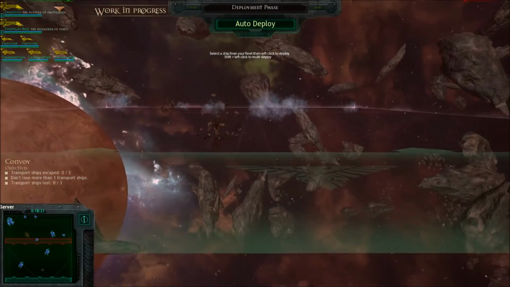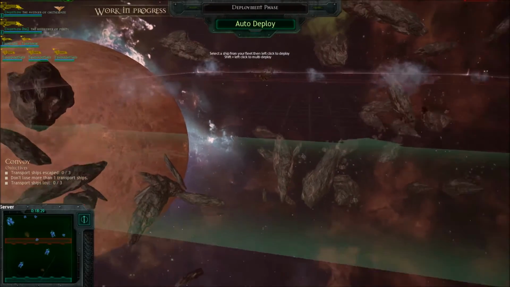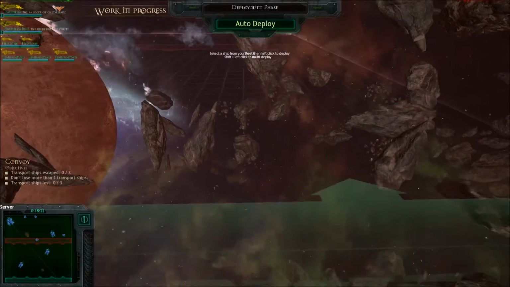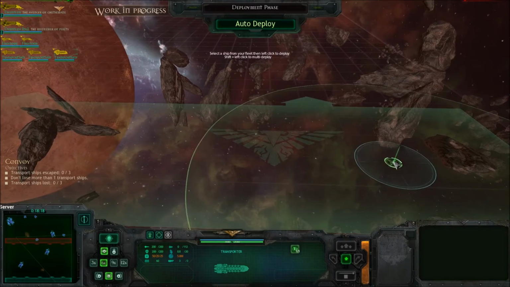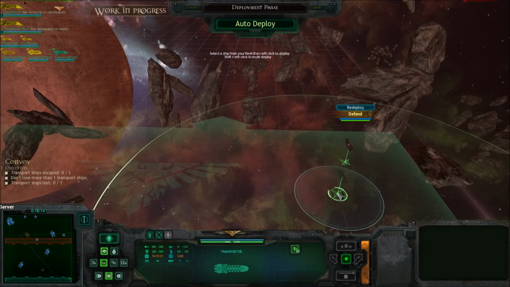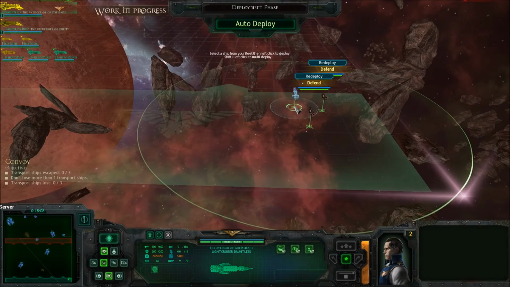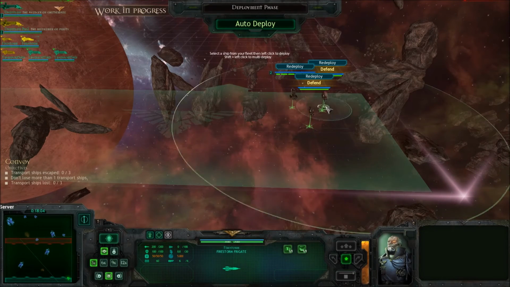Noted. Alright, so we have 3 transport ships and 2 escorts and 2 Dauntless. I'm just taking a look at the map. Shall we just separate entirely? I think we're going to try that. So we'll go ahead and put 2 transport ships here. We will go ahead and give them the largest escort. Oh, they're not the largest escort, but...